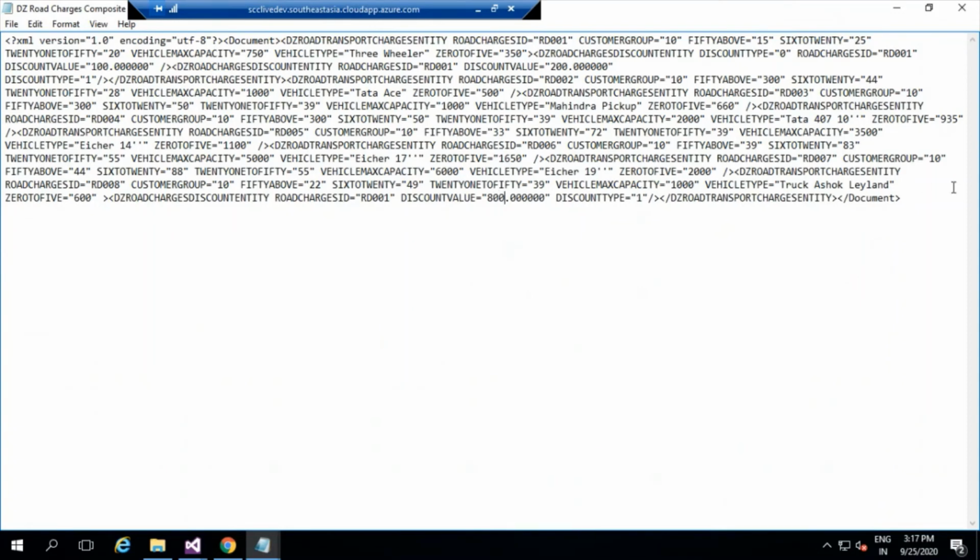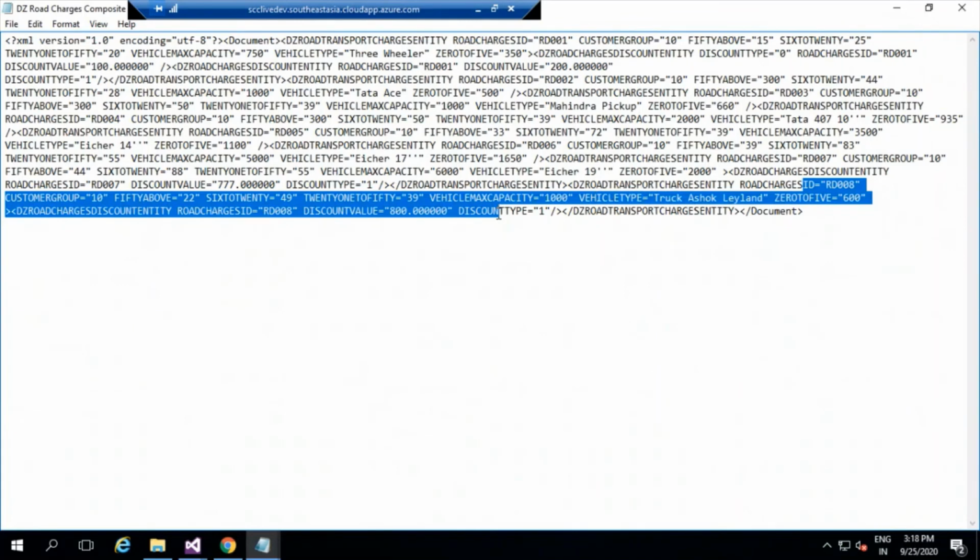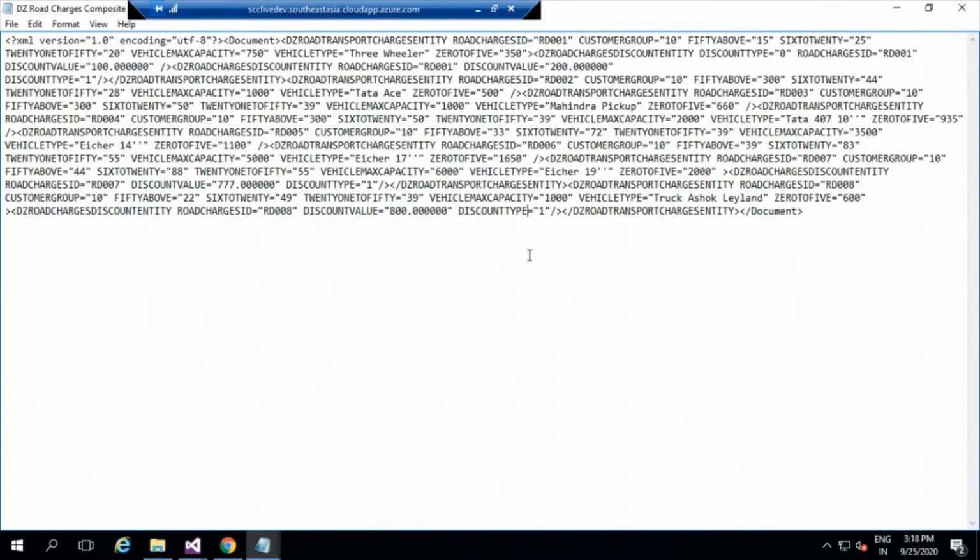Okay, perfect. So next, I'm going to take off this value also, that is the road transport charges of the previous one, and I'm going to insert a certain value right here as well. So in this discount entity, I'm going to select this to be 007, and let me insert 777 here. And here I missed it out. It has to be 008 because it is going to link to this particular entity now. Okay, fine. I think I did a correct mapping.